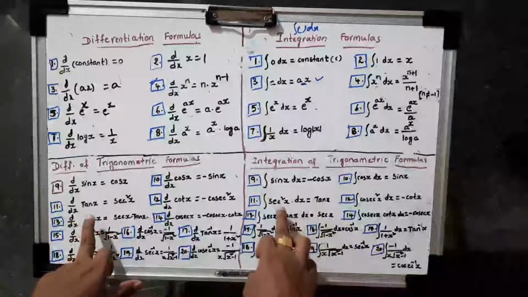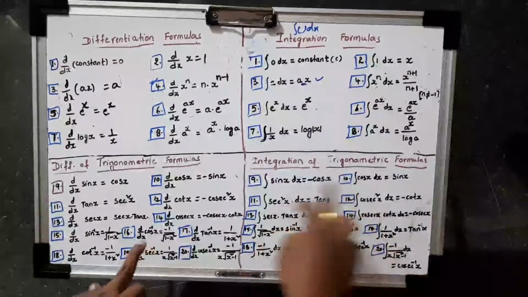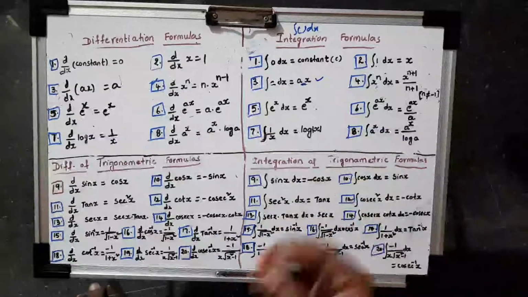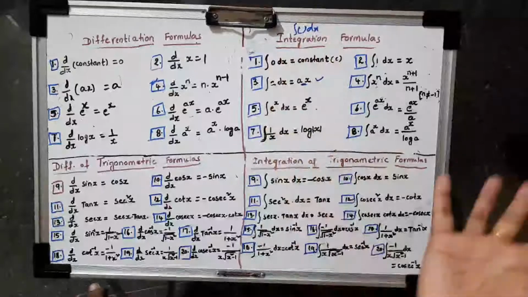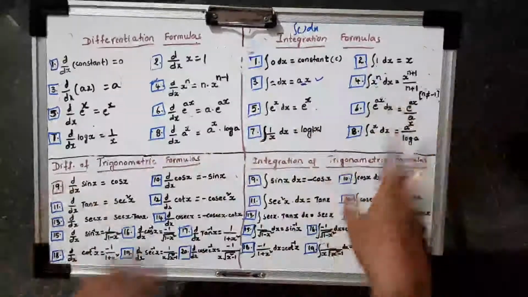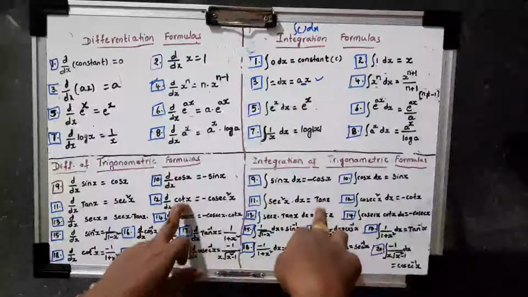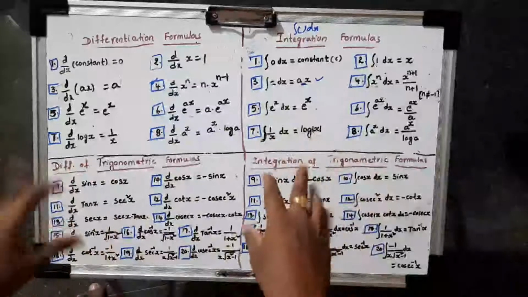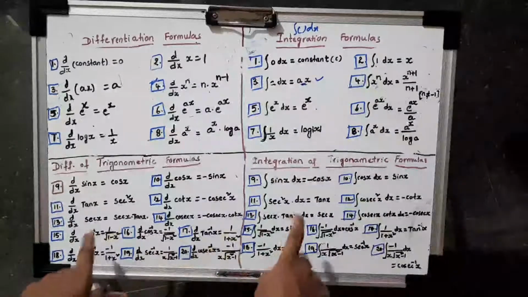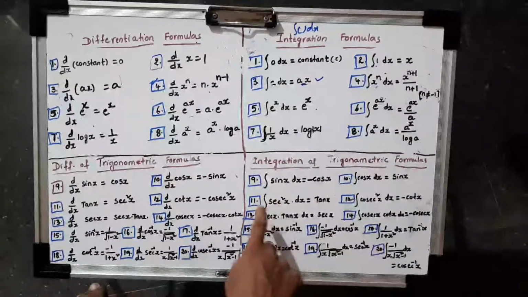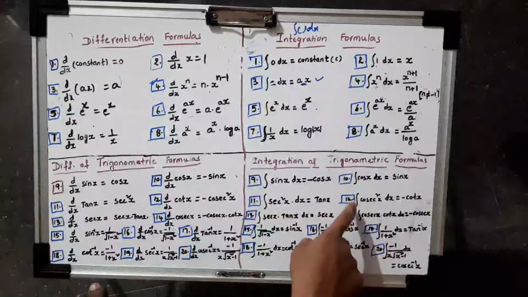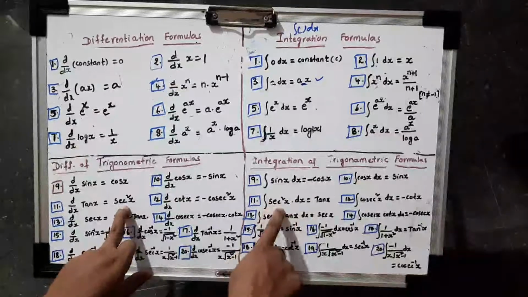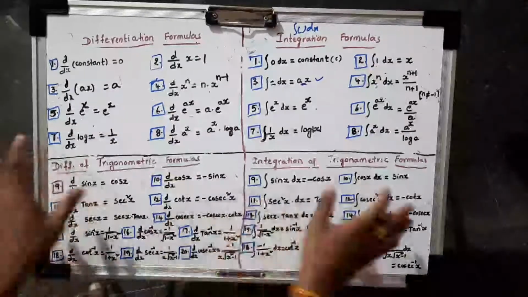Here tan x integration is not there, but it does exist. By applying some techniques in the integration, we will get that formula. That is different. That's why we don't have to remember the integrations of tan x, cot x, secant x, cosecant x; they are not required to remember as basic formulas. But what we have to remember here is secant square x integration, which is important, and cosecant square x integration. Tan x derivation is this one, you know, that's why secant square x integration gives tan x. So this is important for trigonometric functions.